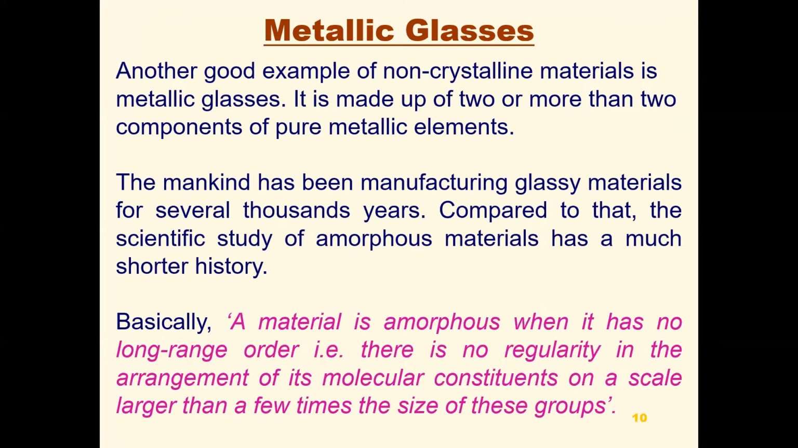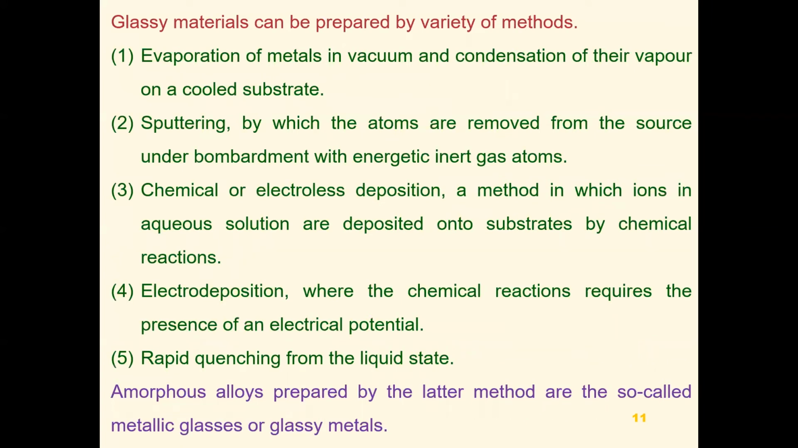Basically, a material is amorphous when it has no long-range order. That is, there is no regularity in the arrangement of its molecular constituents on a scale larger than a few times the size of the group. Glassy materials can be prepared by a variety of methods. Evaporation of metals in vacuum and condensation of their vapor on a cooled substrate, sputtering, by which atoms are removed from the source under bombardment with energetic inert gas atoms,